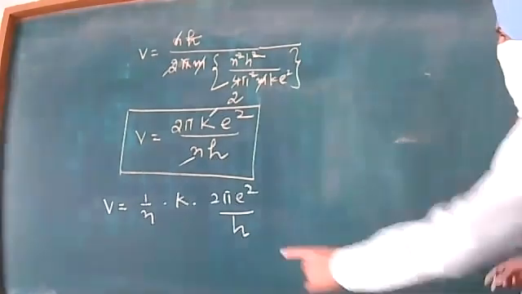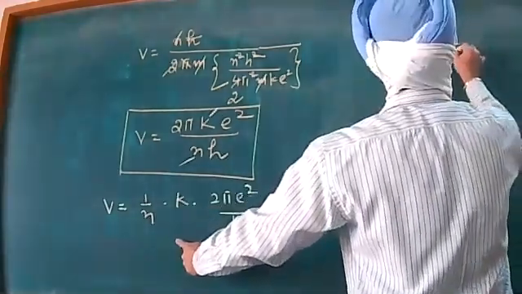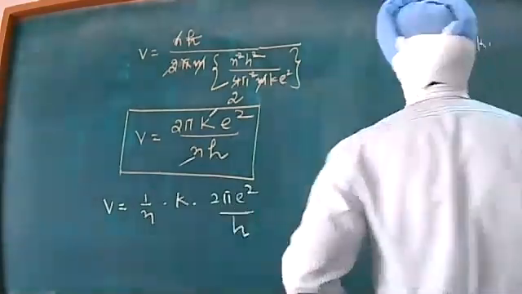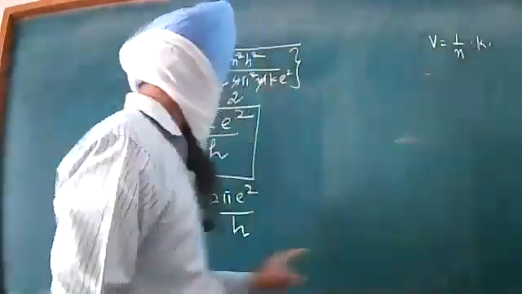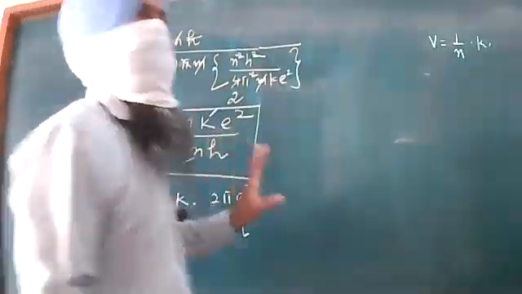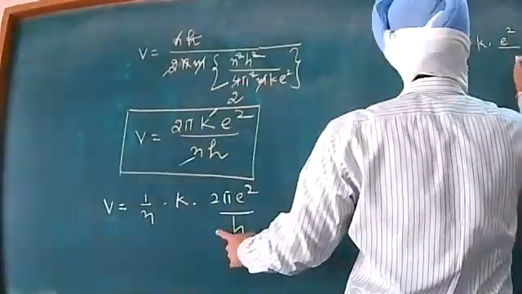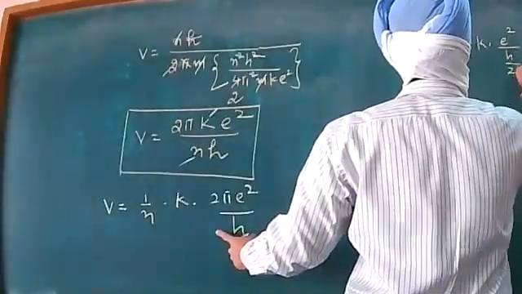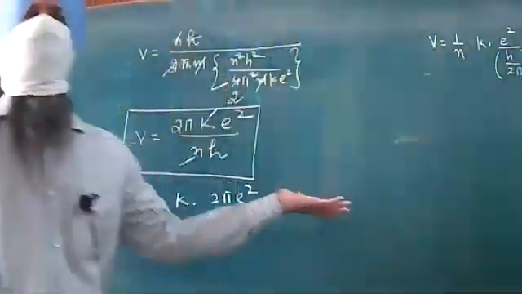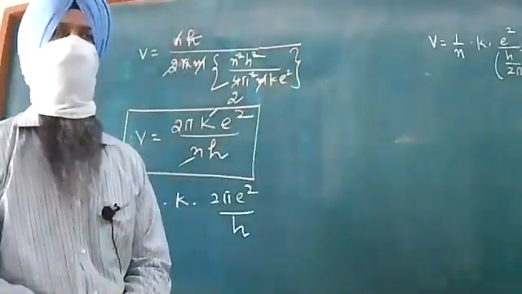Let us have that. So dear all, B is 1 upon n, no change in it. K, no change in it. Again 2 pi, I am shifting it just in the denominator. So see, beta, e square h upon 2 pi, I am keeping it as such. I don't think there is any change in this. It is one and the same thing.